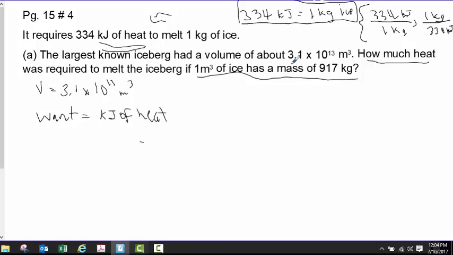So let's go ahead and do that. Let's say 1 cubic meter, 1 meter cubed, is equal to 917 kilograms. This is cleaner and easier to work with. So again, I have another conversion factor. What I really have in this question is a volume. What I have is a volume, what I want is kilojoules of heat, and what I know